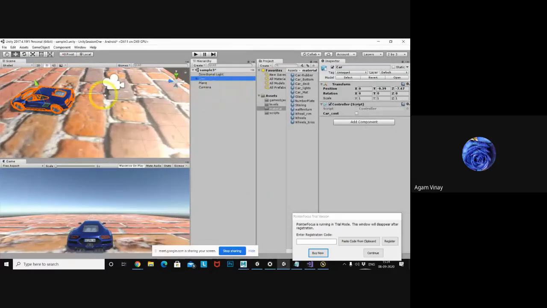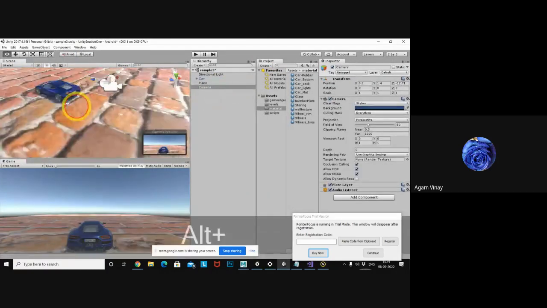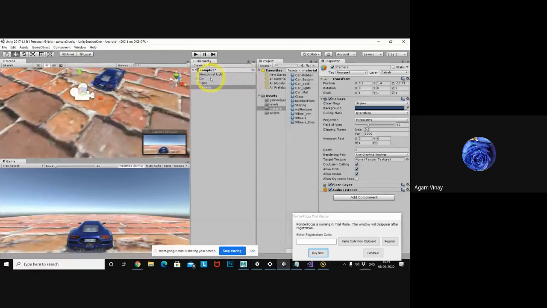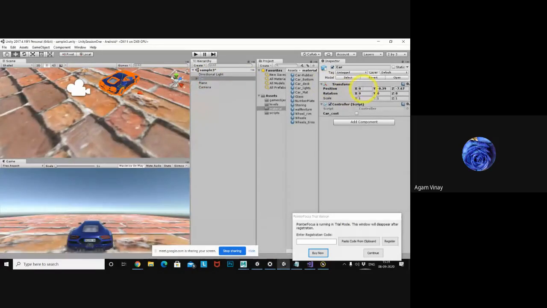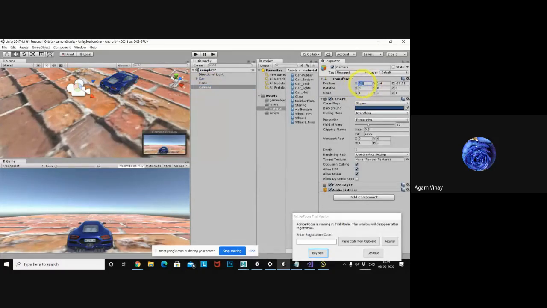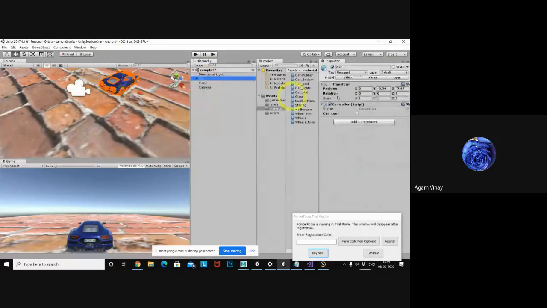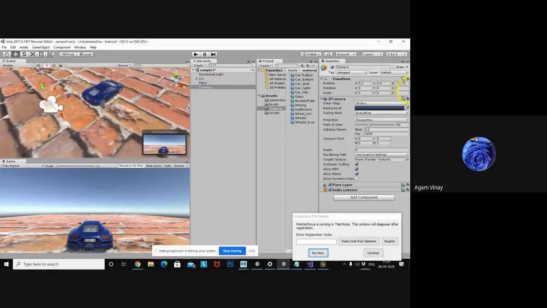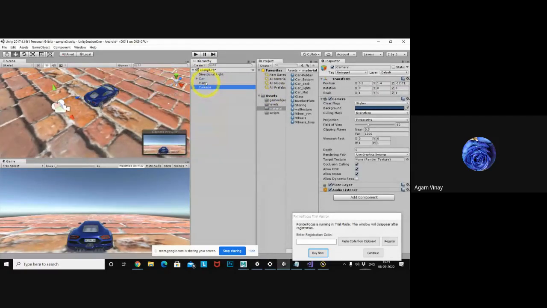So my car is here and my camera is here. Some distance should be followed, right? So the car x position is 0 and the camera x position should be maintained at 0.2, and the car y position is -0.31 and the camera y value should be 1.4. Every time the difference should be calculated towards the car.